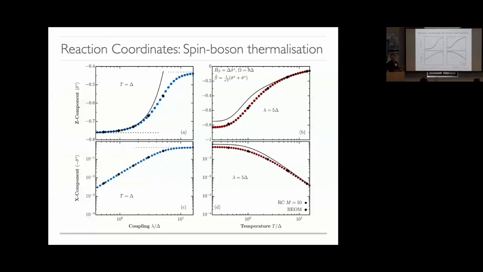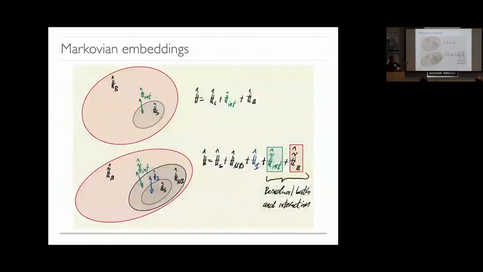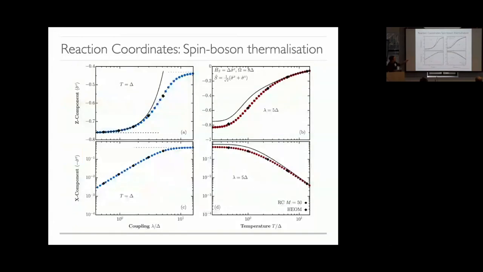This is just a spin boson model with a single bath, the thermalization problem we've been talking about before. The panels on the left show the coupling parameter, and the panels on the right show the temperature. What I'm showing you here, the blue dots, let's take a look at the z component of the spin first. Before I start, I should mention that the system Hamiltonian is sigma z, and the coupling operator is this one that admixes sigma x and sigma z, just to be more general. The blue dots are the equilibrium value of sigma z as a function of the coupling strength at a given value of the temperature.